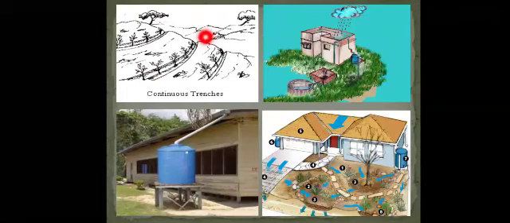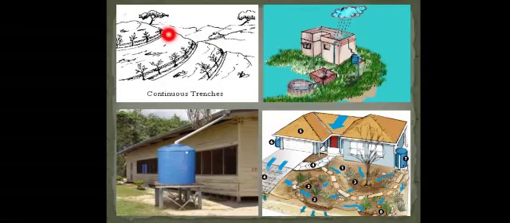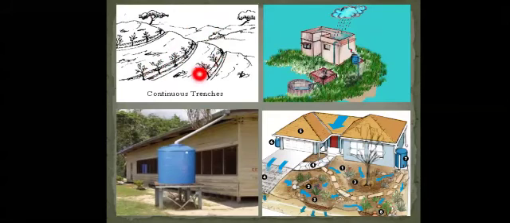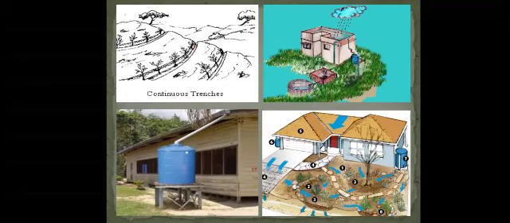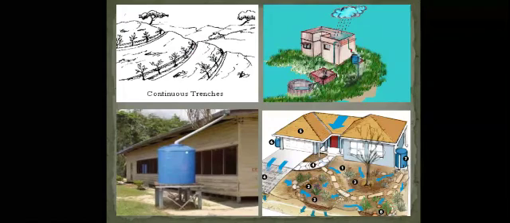Also in this method, this is continuous contour trenches. What does this do? Where there is a slope area, the water from there flows directly. So what is done? They have made these contour trenches so that the water can slowly come down, or it may get collected over these places, and the water might get absorbed in that place. Wherever the slope area is there, they can use this method that is known as continuous contour trenching.